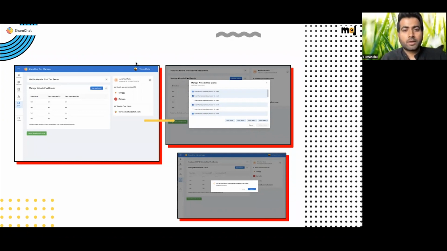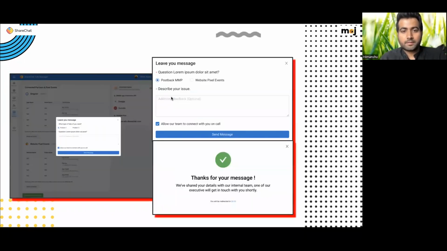Once you click on manage event and go to the next section, here you will see a list of events, all 15 events appear. You can just select any of these events which you want to additionally add or remove. You can do both from here. Once you have selected that and click on publish, those events will be listed as well, and you don't have to go through the entire set of process to do that. So yeah. Next slide, please.